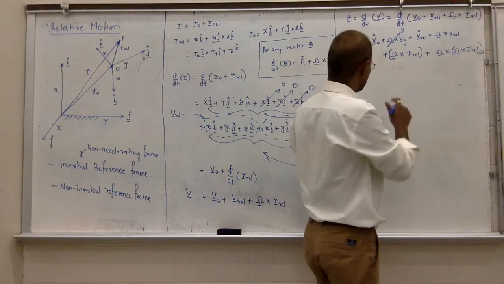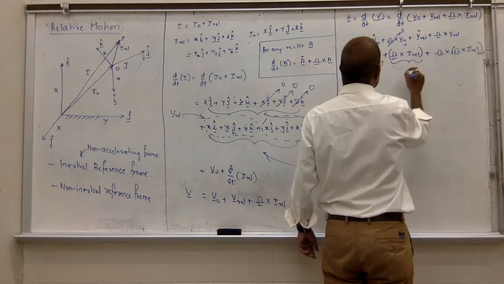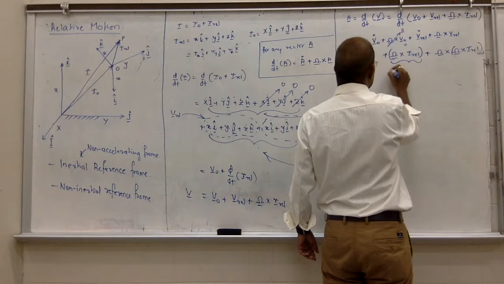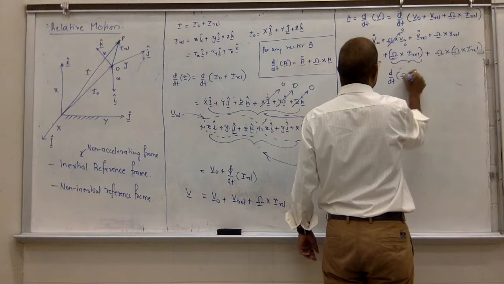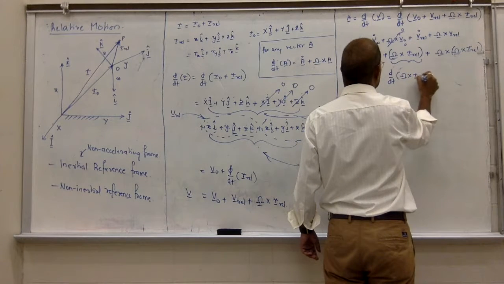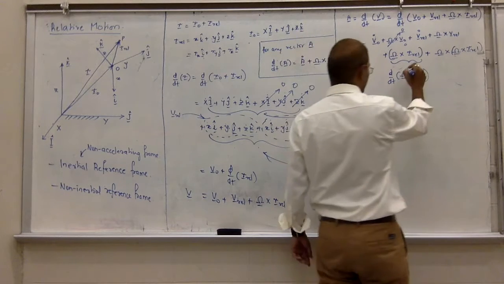So this is equivalent to writing d over dt of omega cross with R relative. Got it? And this expands to